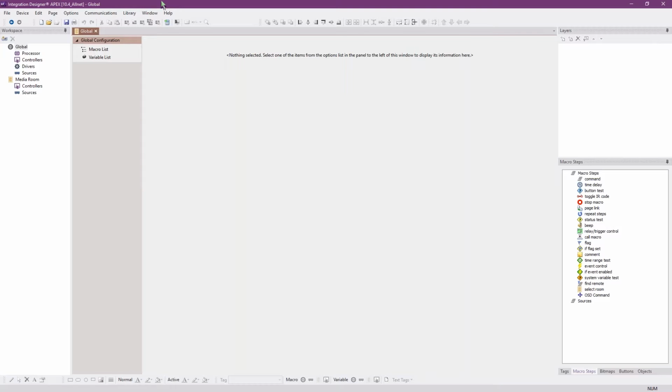This is Integration Designer Apex 10.4. We're actually on version 10.41 because we always find bugs. You never know what happens when you find it. So the very first thing I want to show you or introduce is